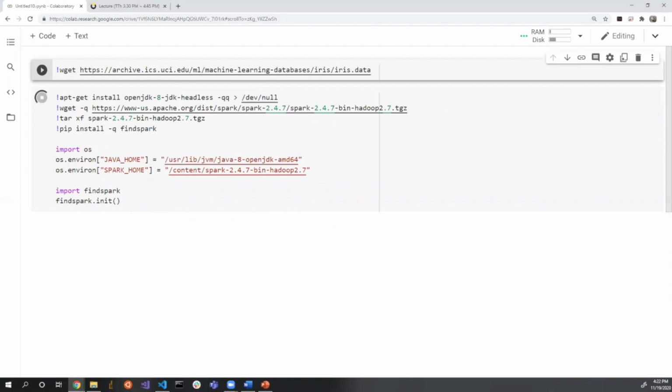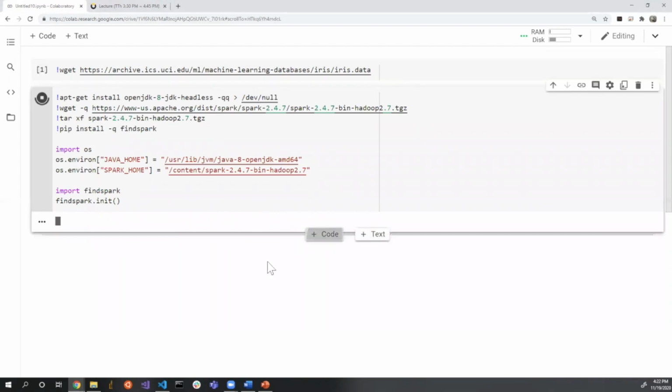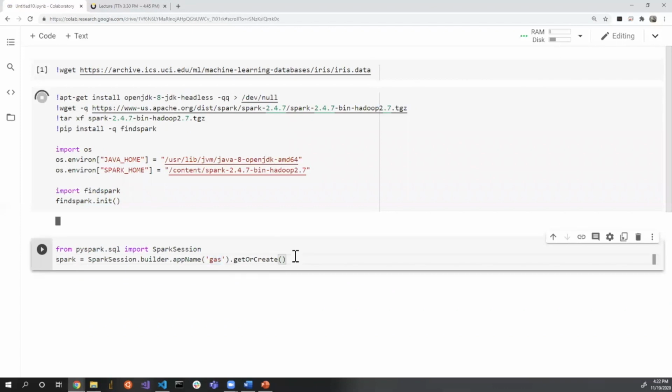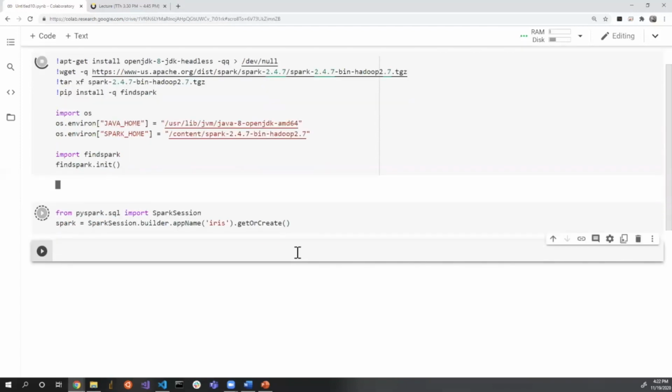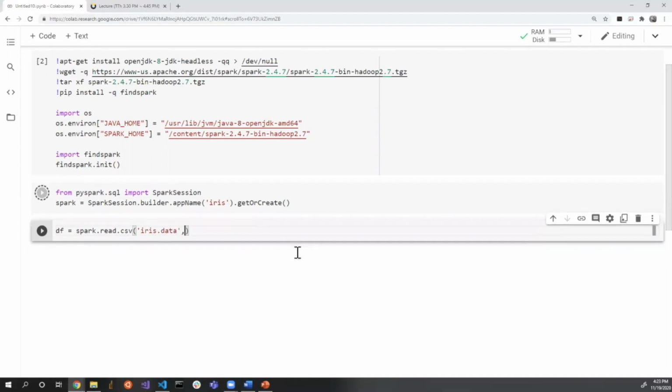So these two cells, as you know, are the ones to download the data set and then initiate the Spark environment in Colab. And then I'm going to create a new session called Iris. Then I'm just going to rush through the read.csv part, because I believe at this point you all are capable of doing this without too much explanation. So we're going to read the iris.data file, which is basically the same format as CSV,